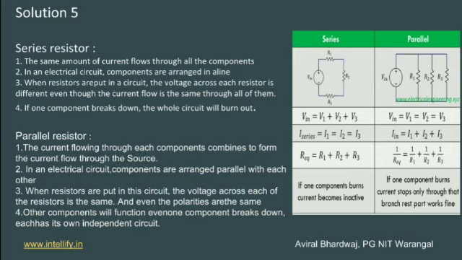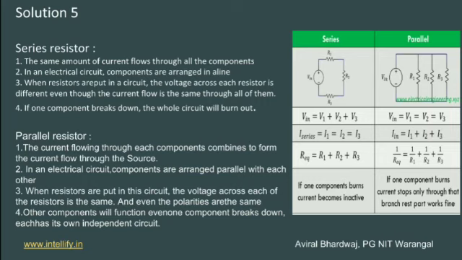It's shown in a diagram, like V is equal to V1 plus V2 plus V3. In series, current I is the same throughout. Current is not additive. Remember this, current is not additive. So I1 is equal to I2 is equal to I3. But resistance and voltage are additive: R = R1 plus R2 plus R3. So basically in a series resistor the same amount of current flows through all components, at one time.